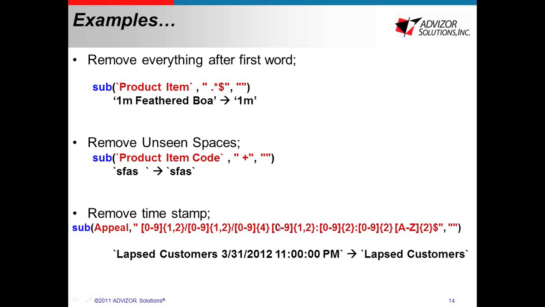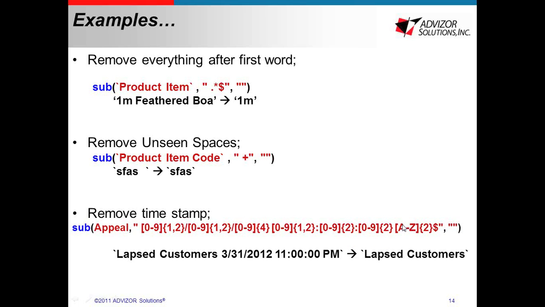And so the hour is a number, so that's what this indicates. And the hour can either be 1 or 2 digits. So I have 1 or 2 in brackets, colon, and then the minutes. And the minutes are always shown with 2 characters, so I have just 2 in brackets. And then colon, and then again numbers for the seconds, and they're always 2. The seconds are always displayed with 2 digits, so I have the 2 repetition count, space, and then